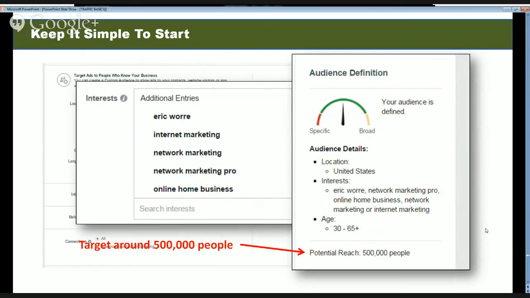We said that our location is going to be in the United States. The interests are going to be Eric Worre, network marketing pro, online home business, network marketing, or internet marketing. And their age is going to be 30 to 65 and above. So the potential reach, Facebook is going to let you know its best estimate of how many people you're going to reach. In this case, it's about 500,000 people. That's actually a good target. Some people say to go as high as 1 million. But since you want to have a limited number,